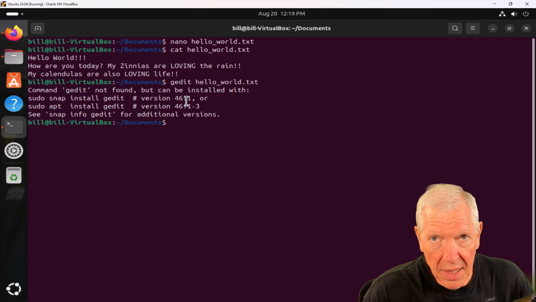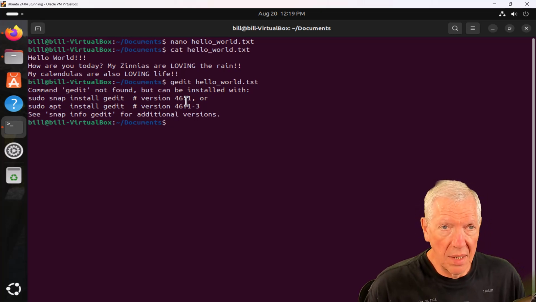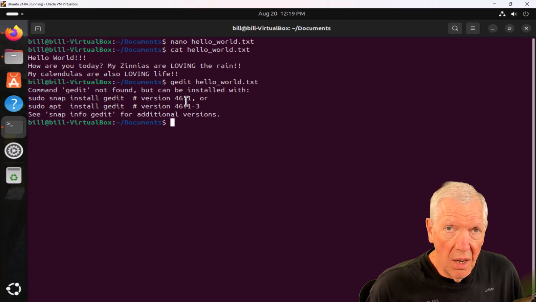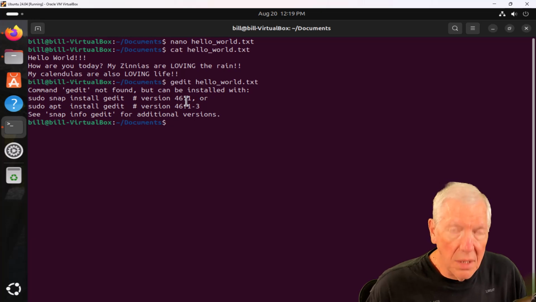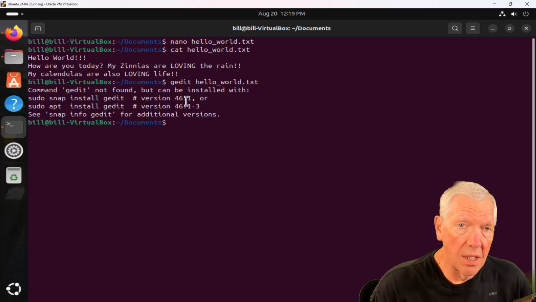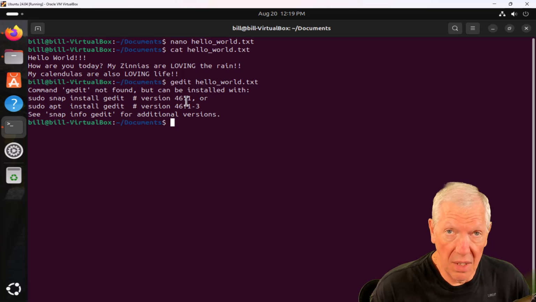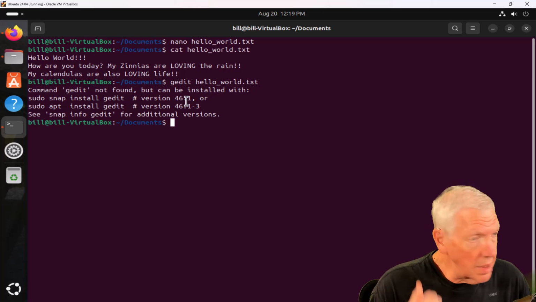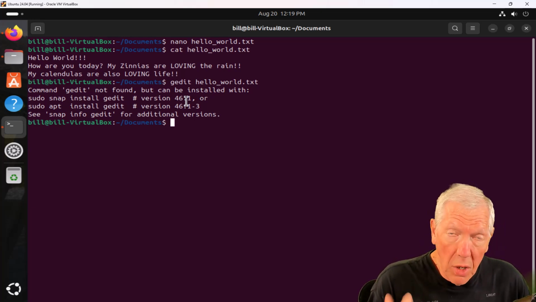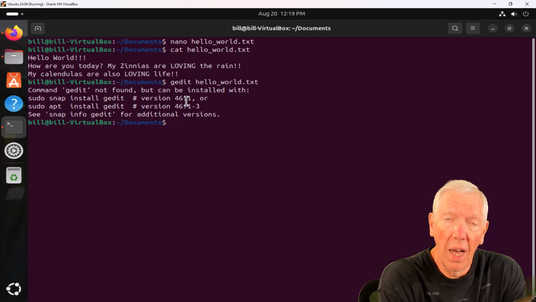Now, these are text editors. What that means is this isn't going to allow you to load pictures or anything like that. This isn't office automation software. It's just for writing text. The good part about that is that the majority of your Linux system uses text files, and this is why text editing is so very, very cool within Linux.